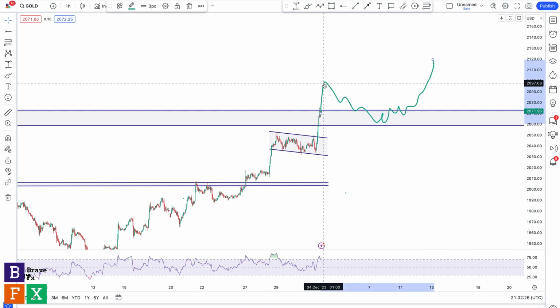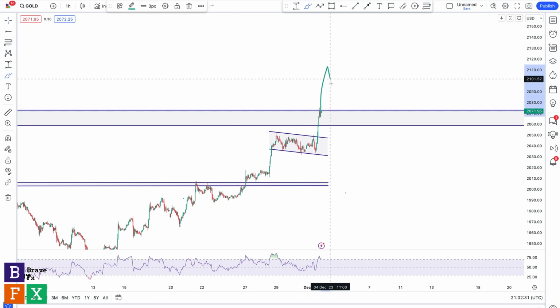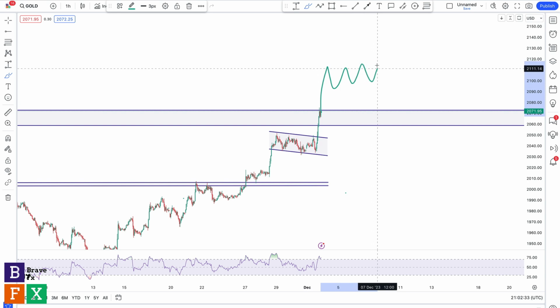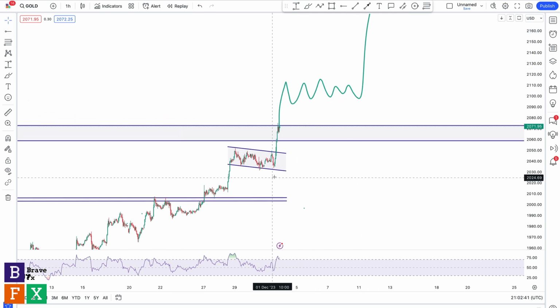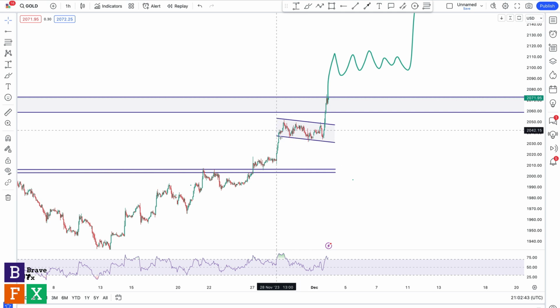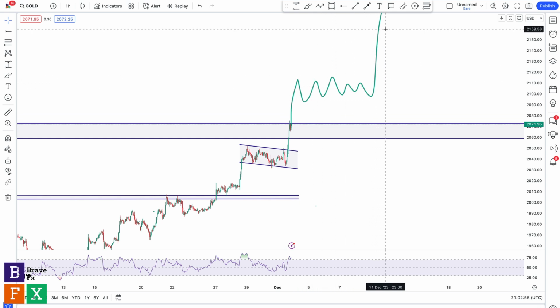Alternatively, we could see price break out significantly, then consolidate above the all-time highs, above the resistance level, without making a retest. So this consolidation can also act as a confirmation to go long, just similar to what we have over here, but this is kind of like in a small scale, right? You can see we had a bullish move, consolidation, and then a bullish follow through. So we could see a similar thing happen here. So big massive breakout, consolidation, and then a follow through to the upside. So if this happens, then this should give you a confirmation to go long.